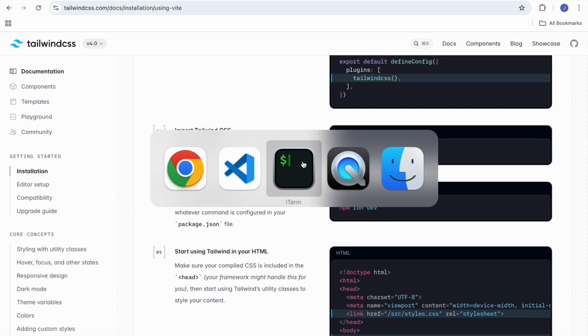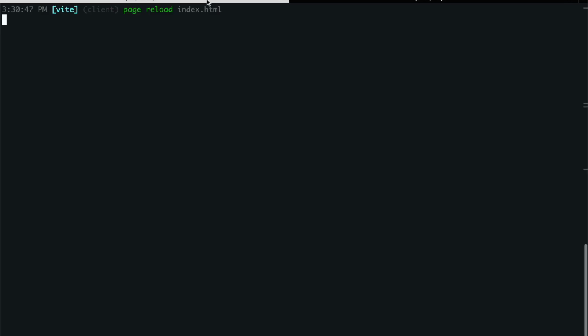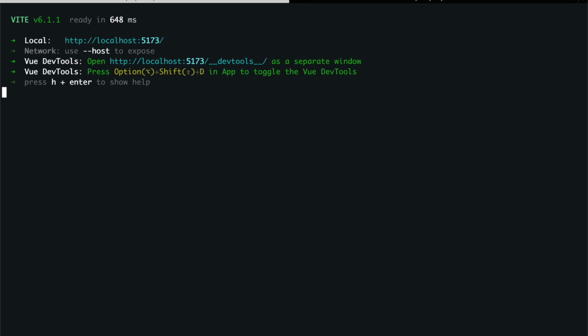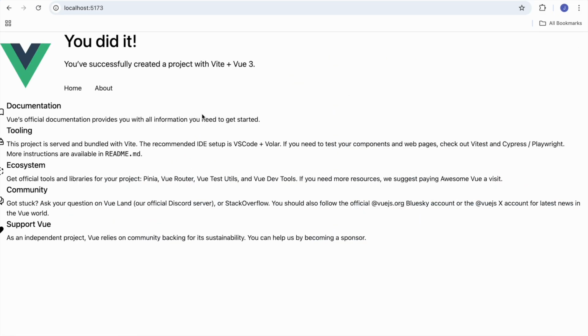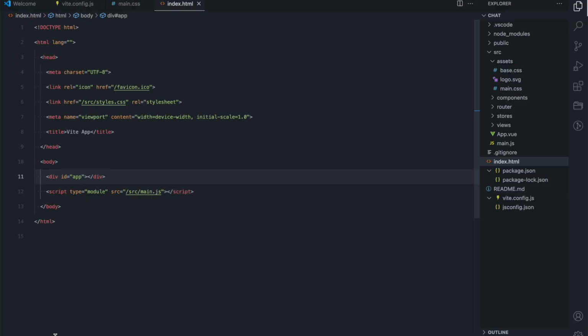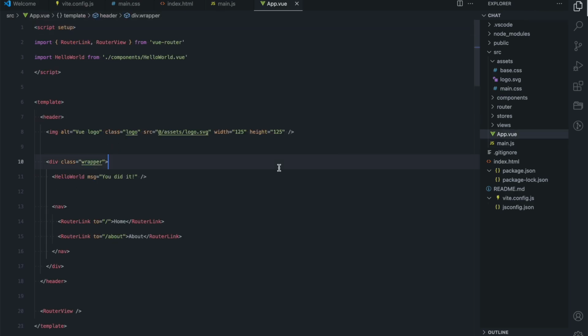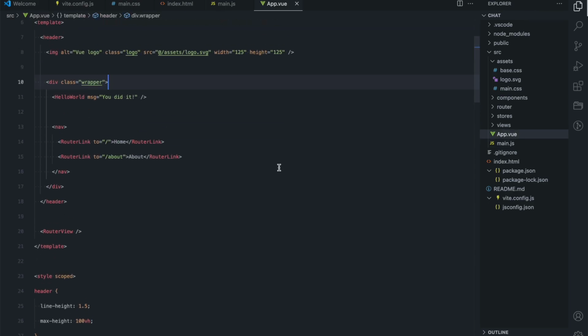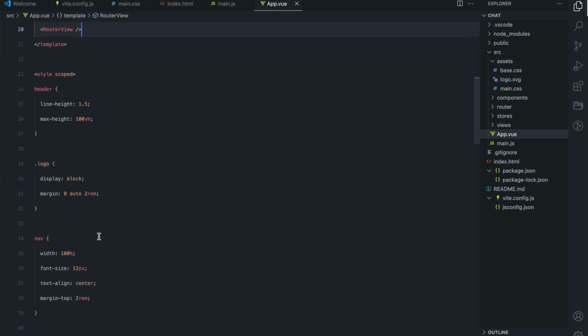And then the step that you see here, we're going to do now. Start your build process again. So here is where my build process was running. I'm going to quit it, and I'm going to start it again. It is again on localhost 5173. Now as you can see, all the styling is gone because I got rid of all the CSS that was there in the main.css file,